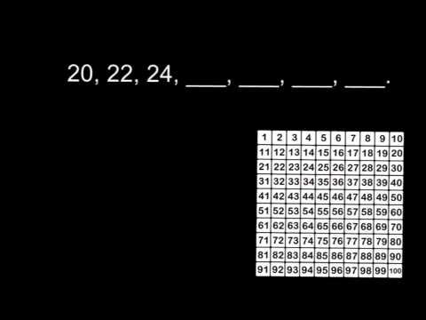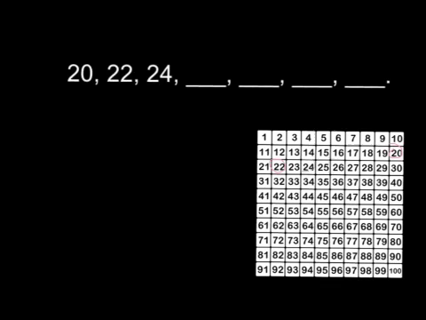Okay, here's another one. So we're looking at figuring out the rule first. So what is this sequence changing by each time? And then we can fill out these missing numbers. So let's get our pencil. All right, so the first number is 20. So I put a circle around the 20. Then it goes 22,